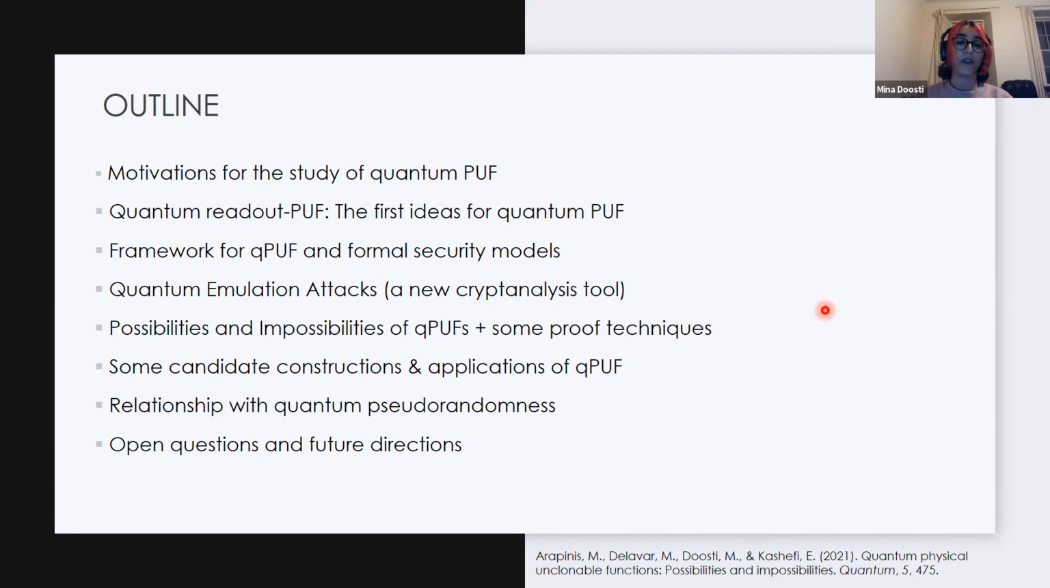I will talk about a very general class of attacks that we use as a cryptanalysis tool to break the PUF and to study their security, and also some possibility and impossibility results that are very general for quantum PUFs. And I'll talk about some proof techniques that we have used to show these results. My talk until here will be mostly based on this paper,